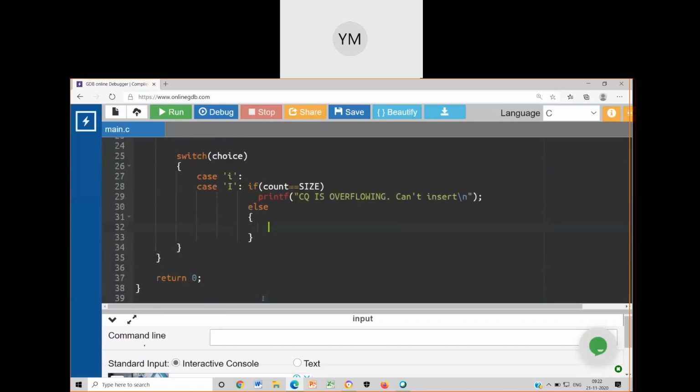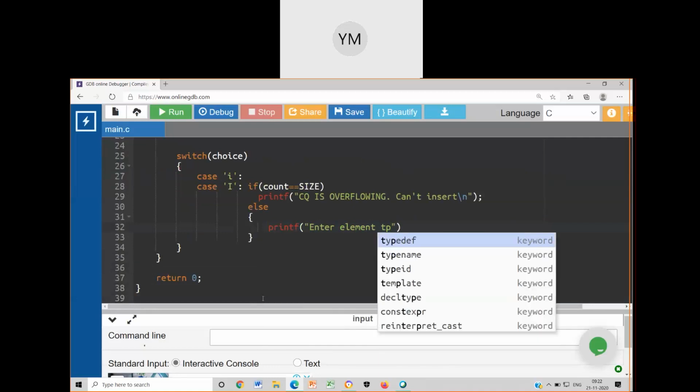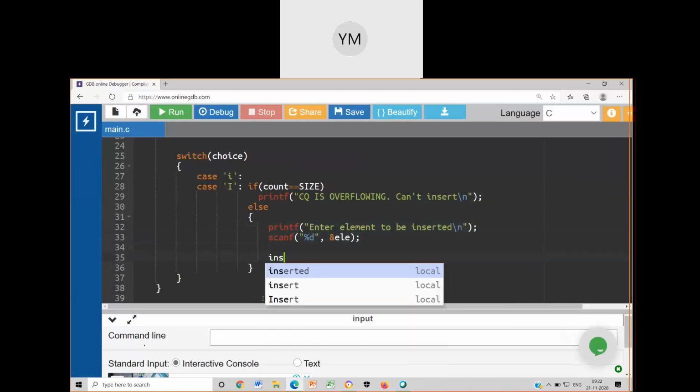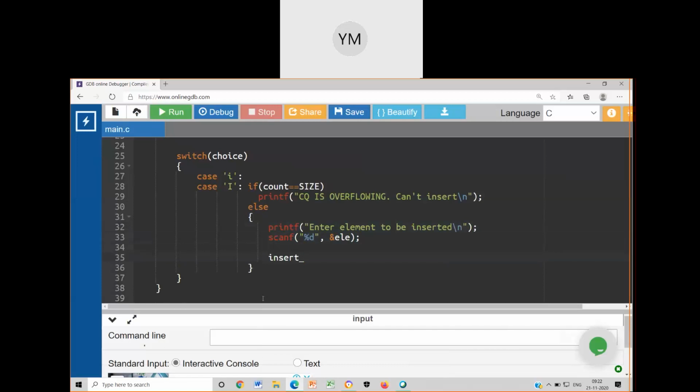Then let me write printf enter element to be inserted. Read that element scanf %d, comma, ampersand element. Then call the function insert underscore CQ of.